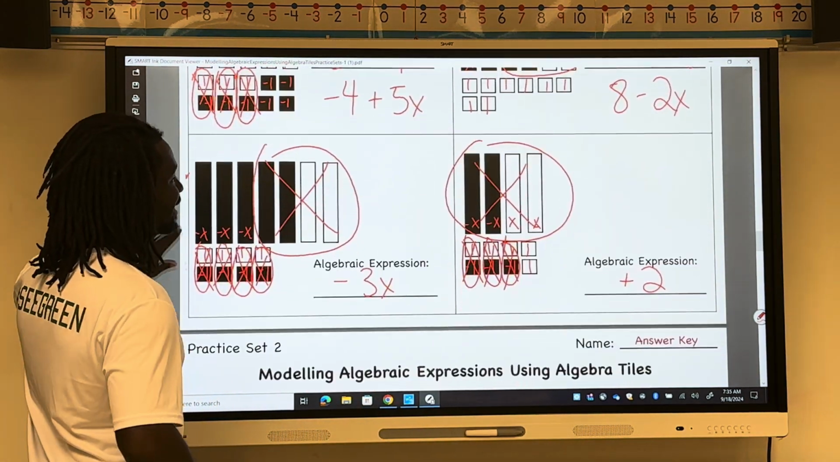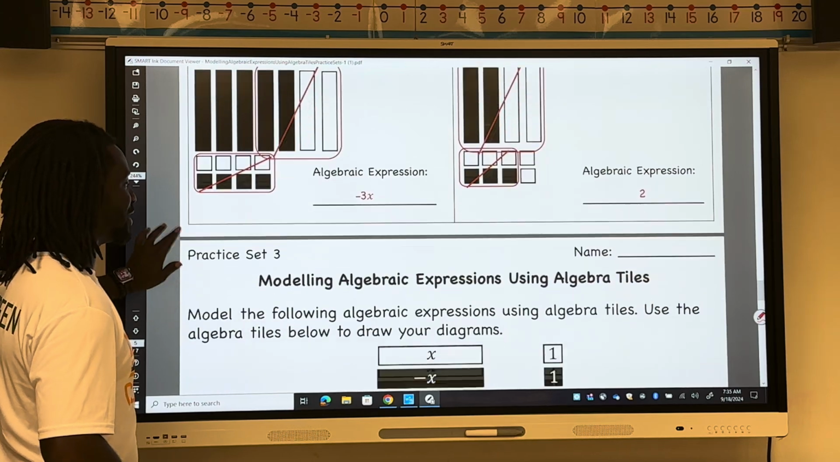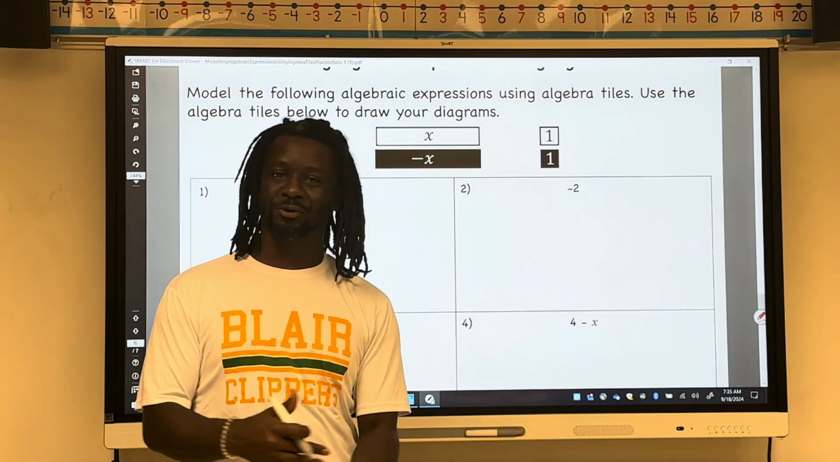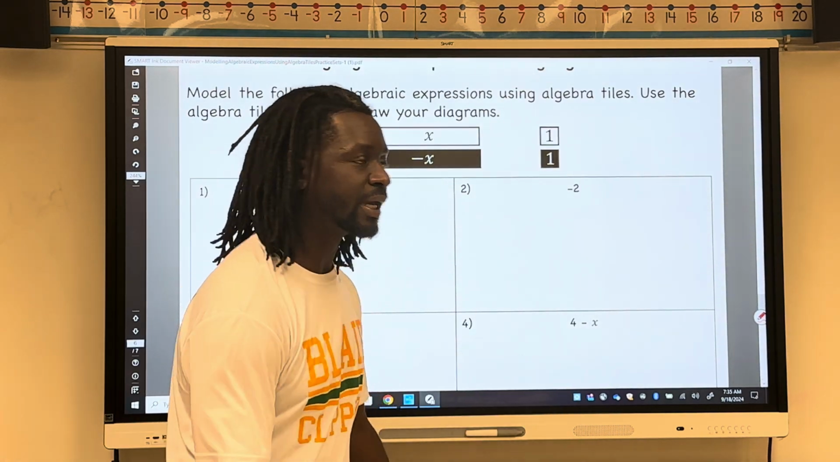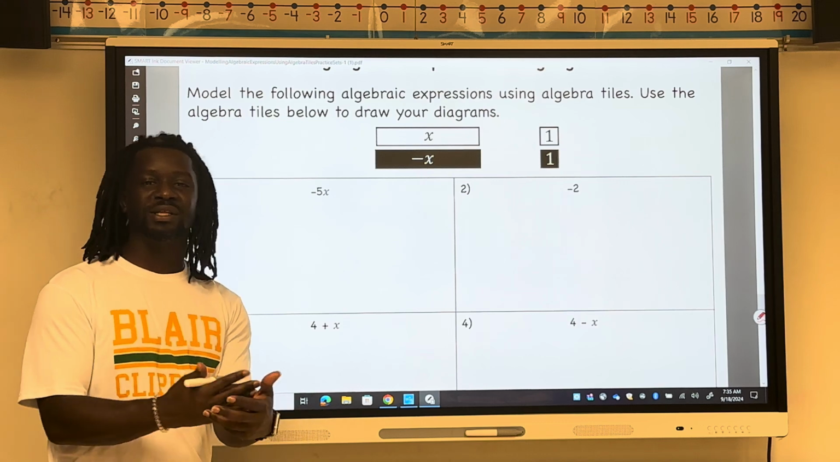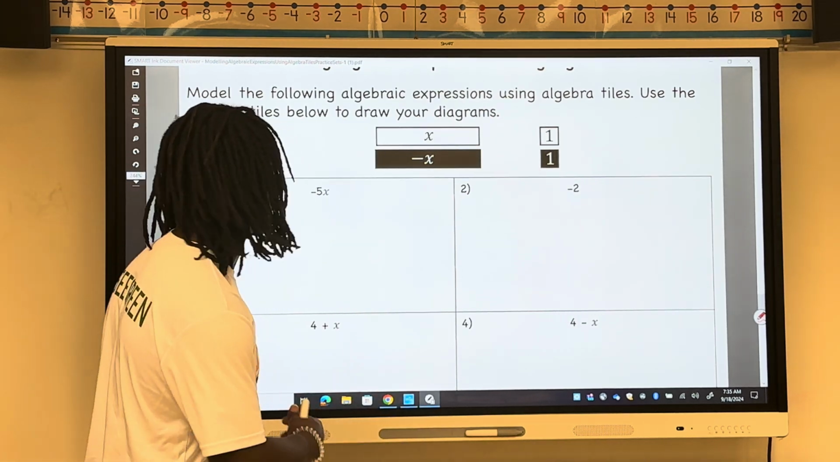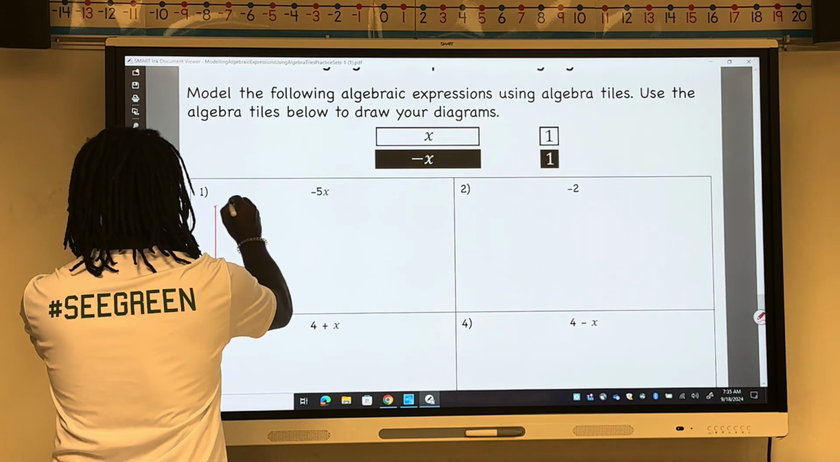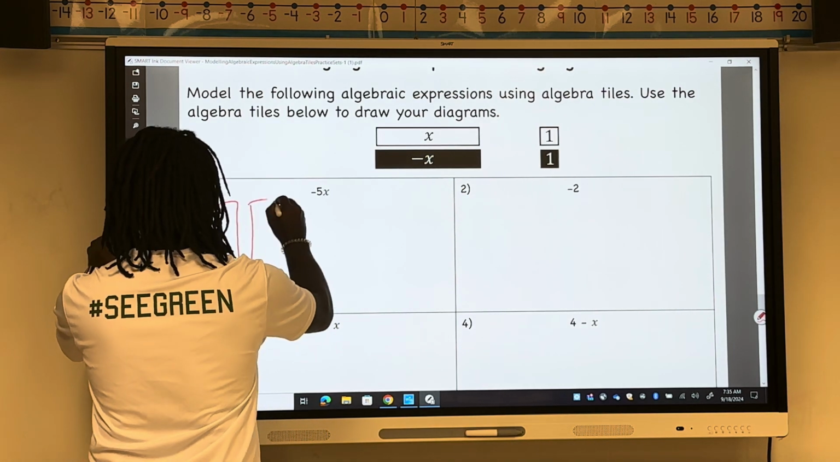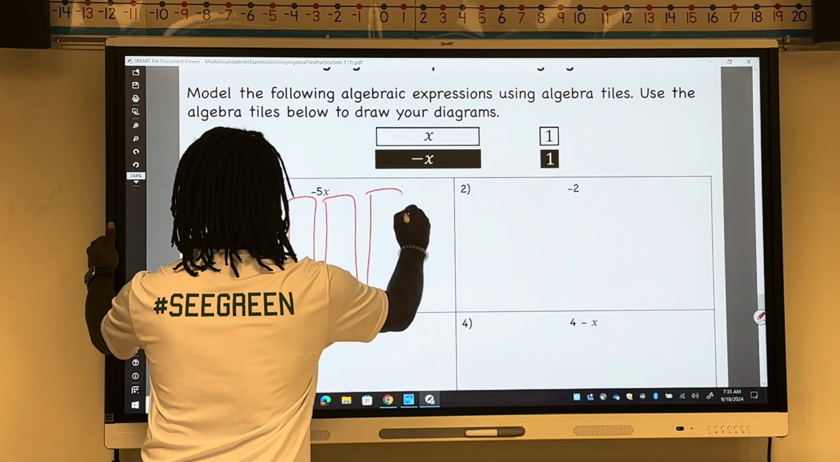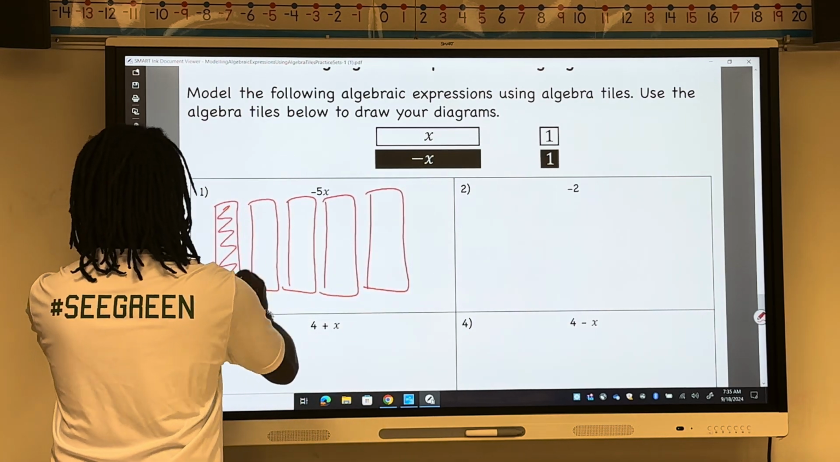So last thing, we're almost done. I know this video is getting long, but I wanted to get everything in. The last thing we're going to do is you're just drawing the model, okay? Hey, listen, there's many different ways you could draw it. I'm going to ask you in this lesson to just draw it the simplest way, okay? So if I got negative 5x's, then I just need to draw 5 shaded rectangles, okay? That's all I need to do is draw 5 shaded rectangles,